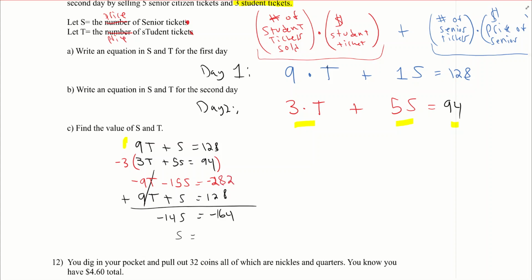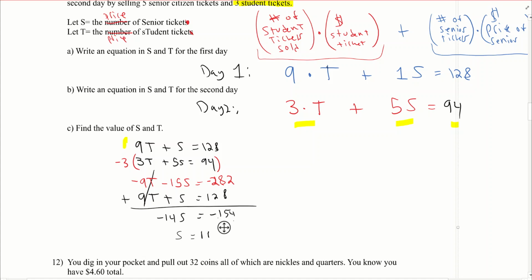And so that makes this 154. And then we divide by 14 and we get 11. So the value of S, the number of student tickets sold, was 11, and if I want to find the